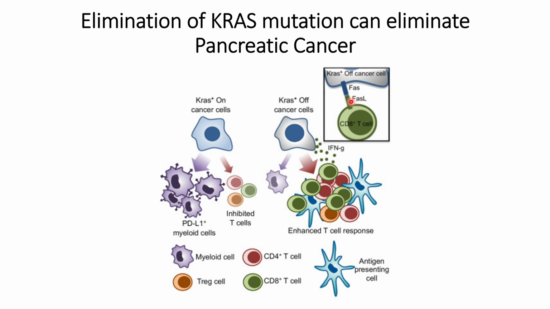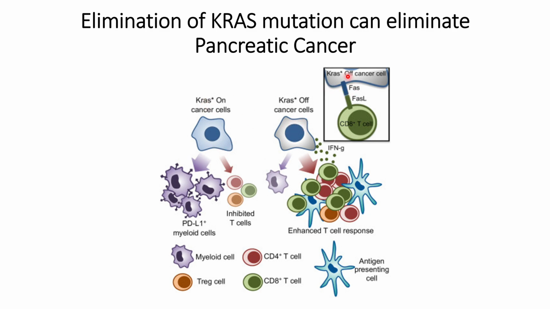When these interactions occur, the cancer cells that do not have these KRAS mutations will die because of the triggering of apoptosis, through the Fas receptor present on the cancer cells interacting with the Fas ligand present on the immune cells. And one more thing that these studies have found is that when the KRAS mutations are on,